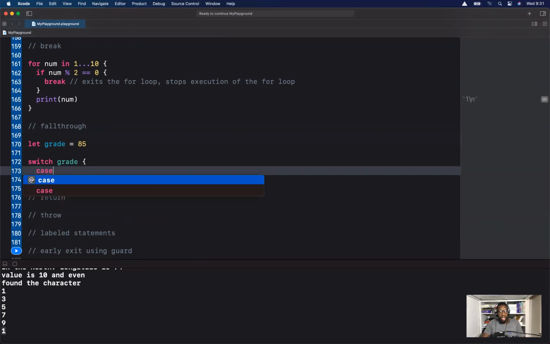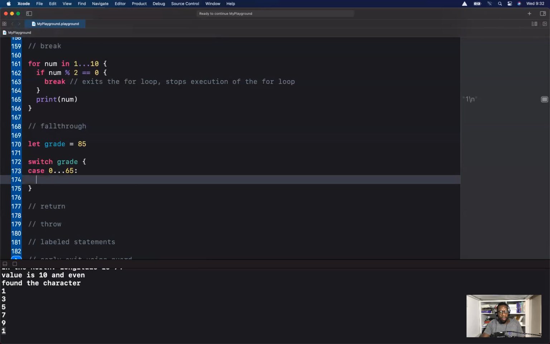And here we'll say case 0 to 65. We'll just print